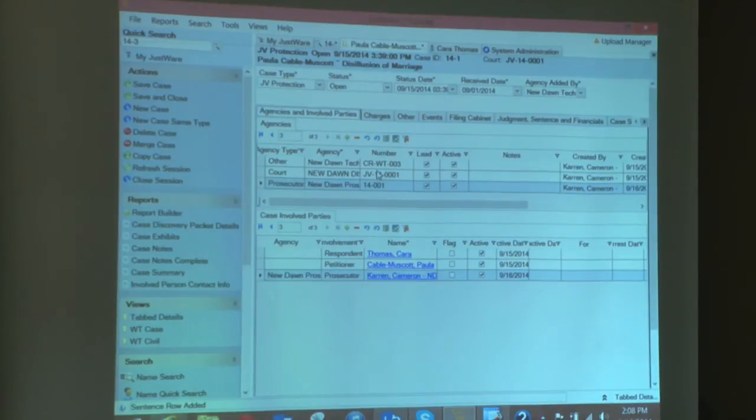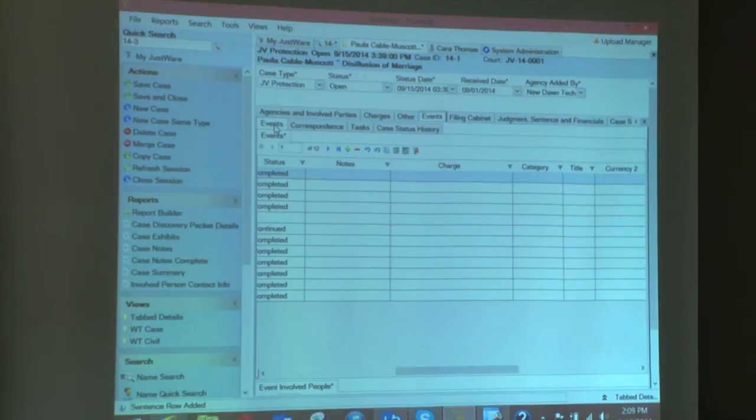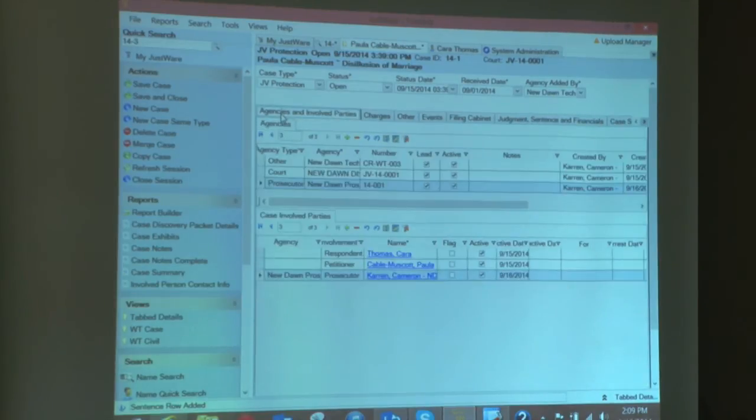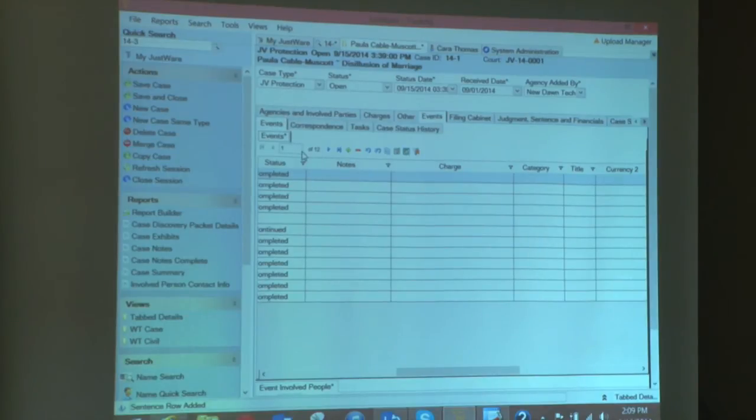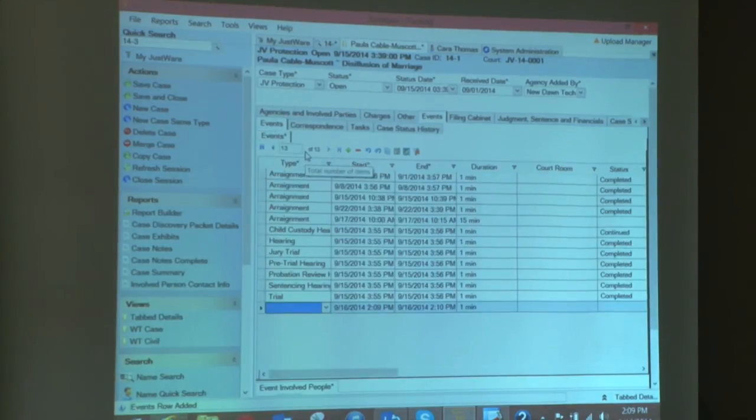If you're a keyboard person, you don't like to use the mouse, once you're inside of a name or a case, you can work your way through an entire name or case with hotkeys inside of the snap. So if I come down here and I hover over top of the snap in, it tells me what the hotkey is for that. So like the events one is F9. So if I'm here in this agencies and involved parties, and I hit F9, it's going to take me into my event snap in. And then if I hit Control-I, it drops me down there to start entering in a